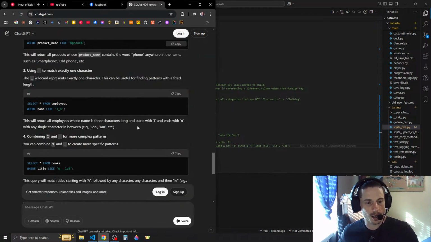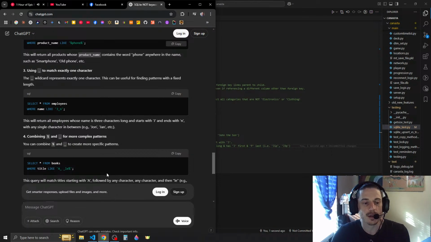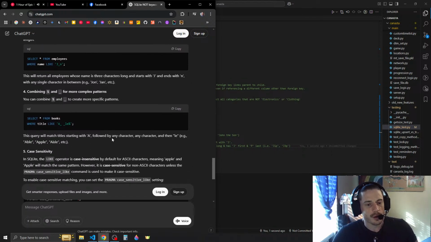Okay, then you can combine percentage and underscore for more complex patterns. You combine it to create more specific patterns. Okay, so this would be A blank blank LE. So you could do like A, X, X, it could be axle rod with 2 X's. AXXLEROD. This will match titles starting with A followed by any character, and then LE. For example,